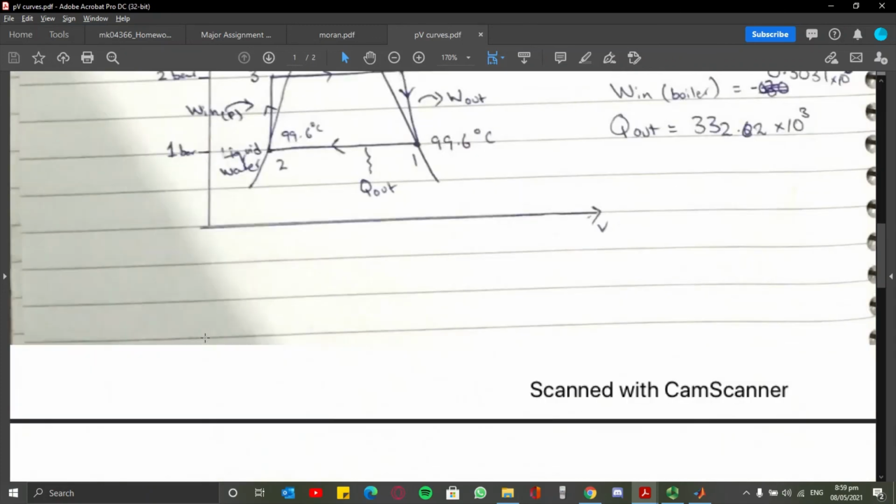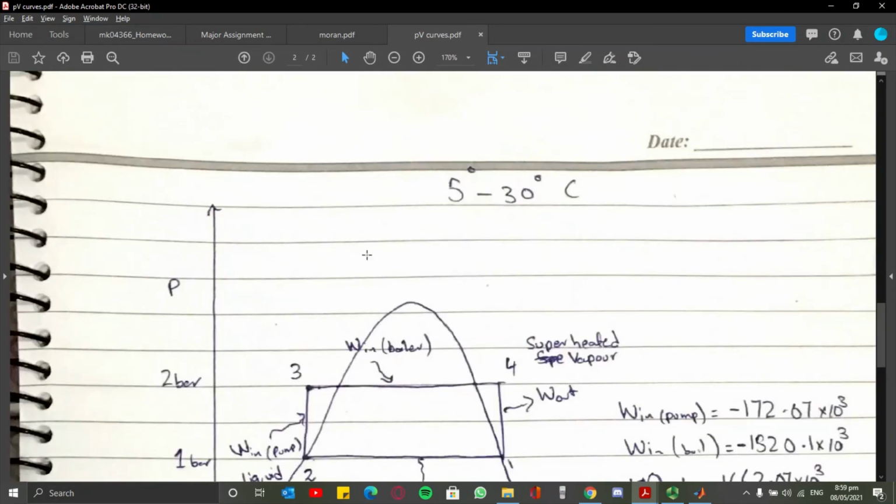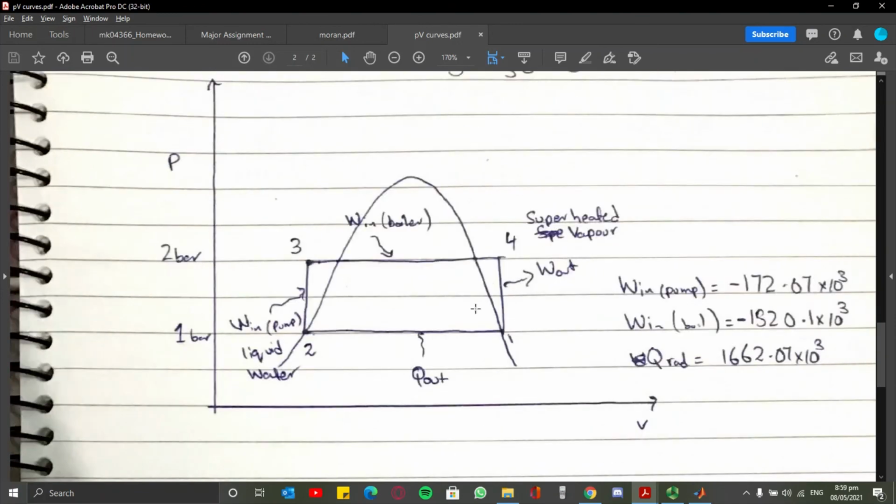The pressure remains the same at 1 bar, and for 5 to 30 degrees centigrade, everything remains the same except for the values of W in pump, W in boiler, and the